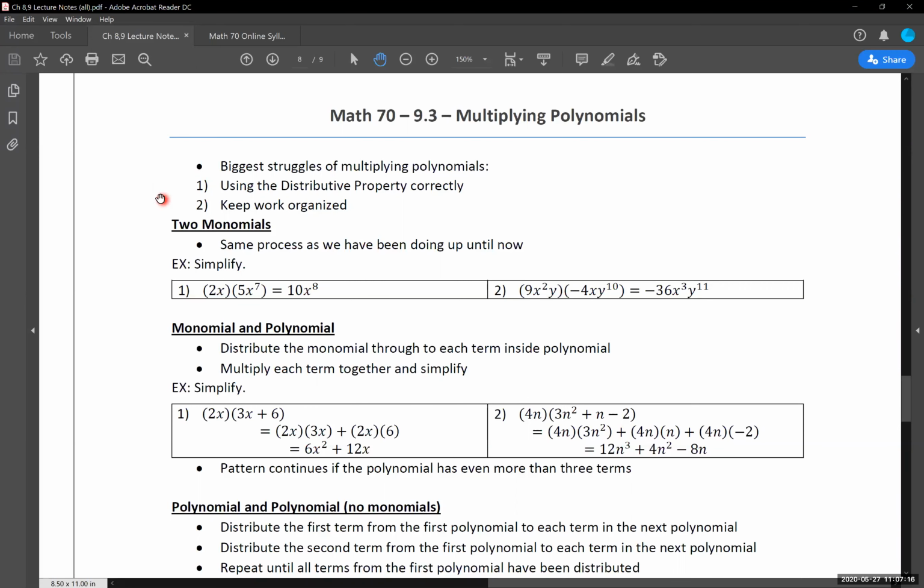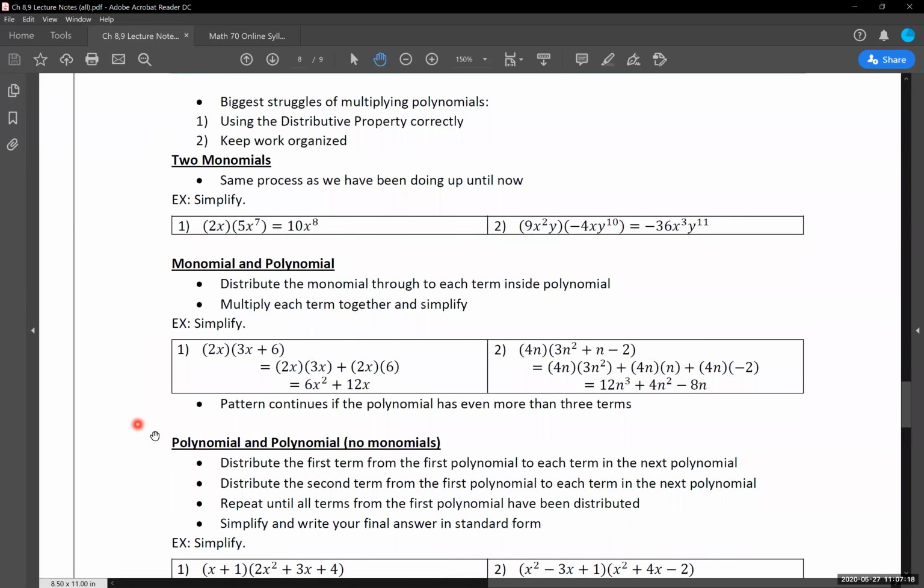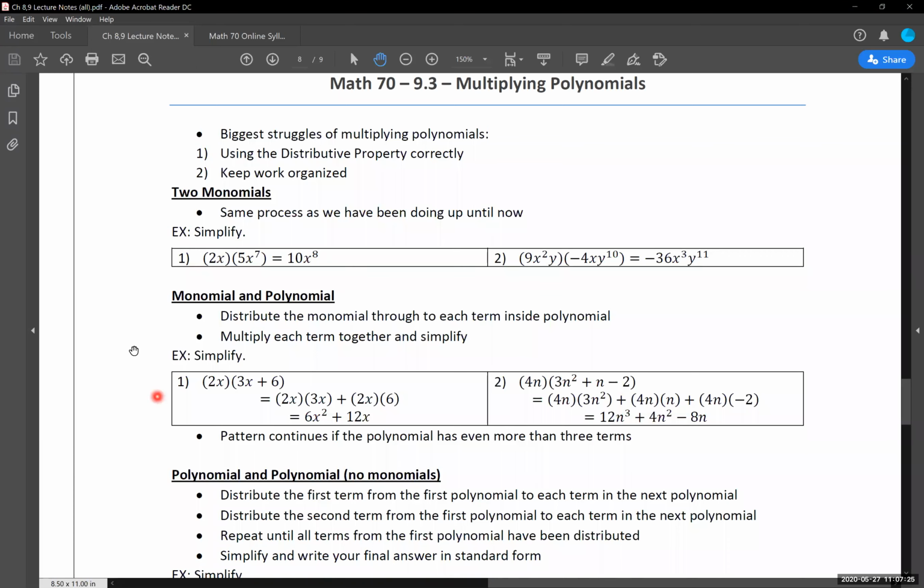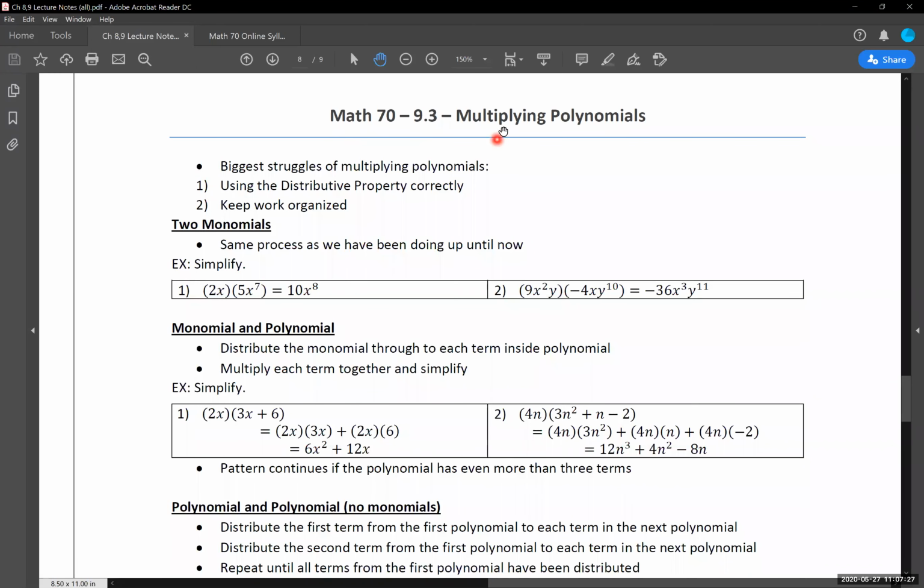First, we're breaking these things down into 3 different sections, even though not a whole lot is changing within them. Our first instance of multiplying polynomials is multiplying 2 monomials together. Remember, a monomial is just a single term with everything multiplying together on it. It can have any number of variables in it, which we see with a couple of these examples here. But as long as everything is multiplying together, then we have 2 monomials.